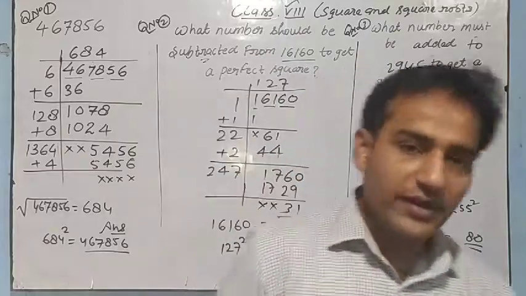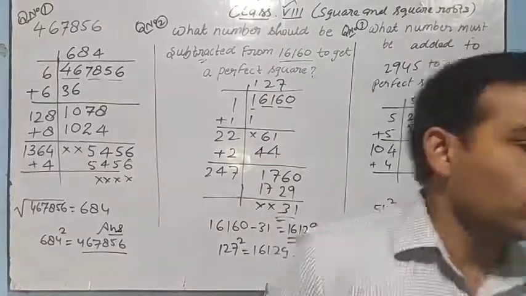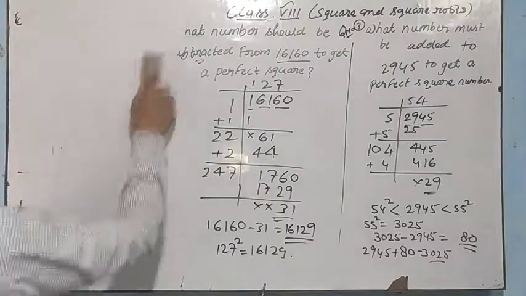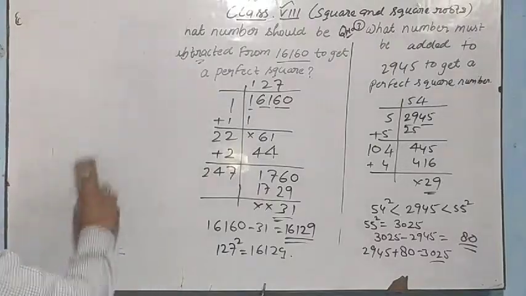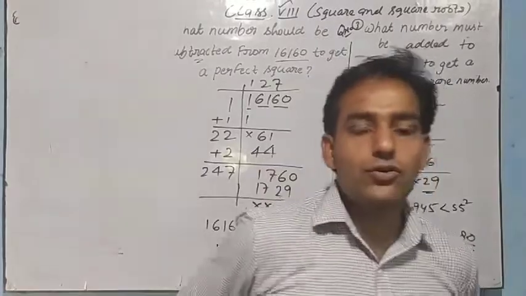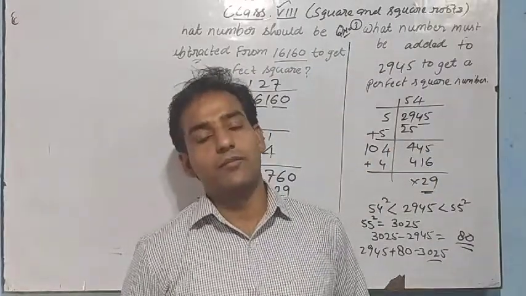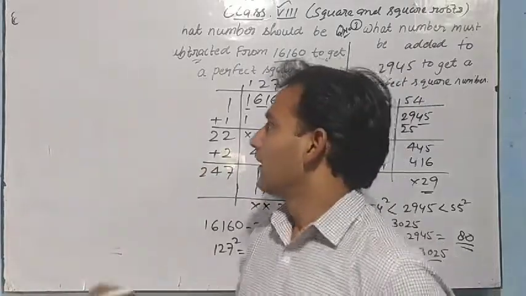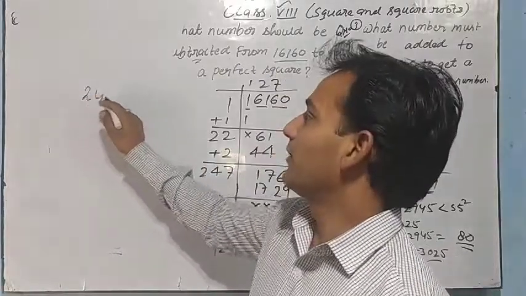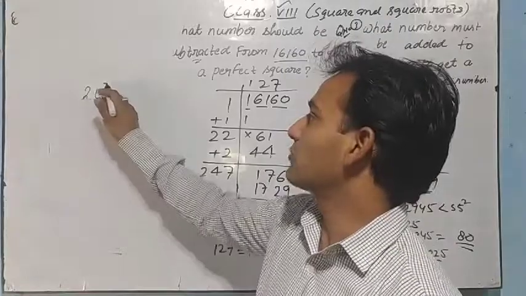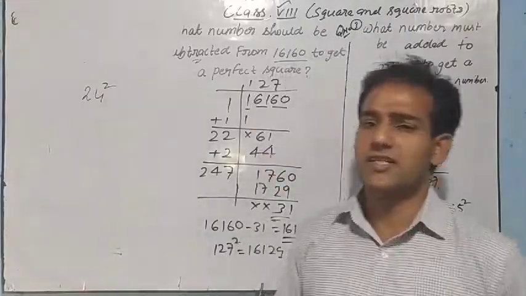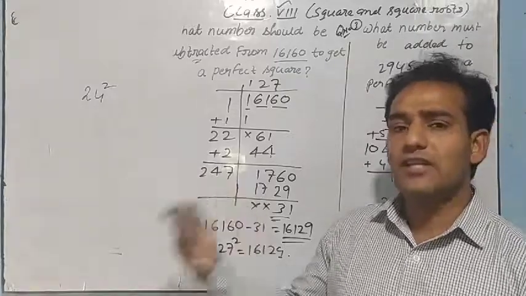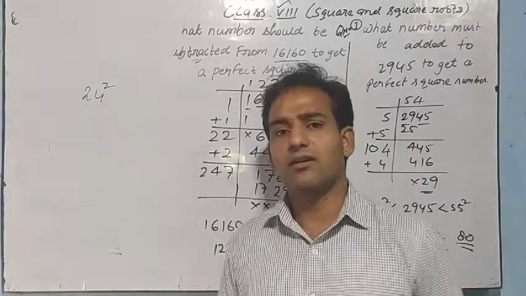One more very interesting thing I would like to tell you. You all should know how to do the square of any number. If we have a 2-digit number, it's just fun. If we have a 2-digit number like 24, and we have to get the square of 24, listen very carefully. It is very easy. It is just practice, and you should practice to get the square of any number very easily and very fast.